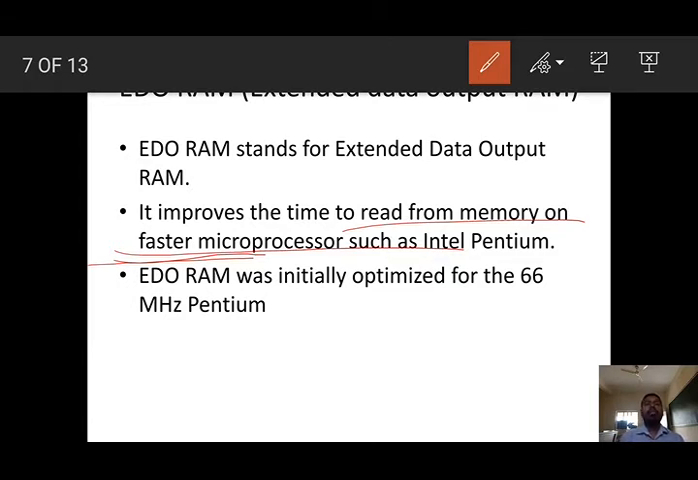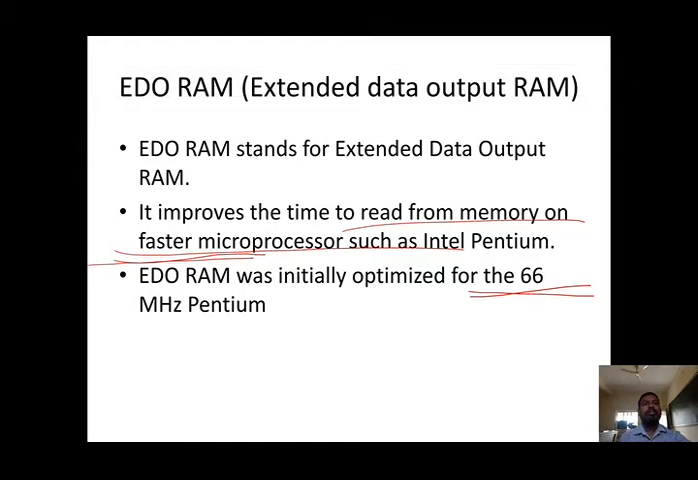EDO RAM was initially optimized with 66 megahertz. Next,